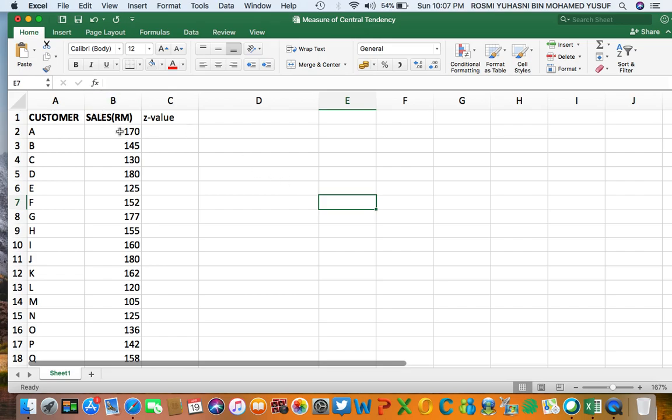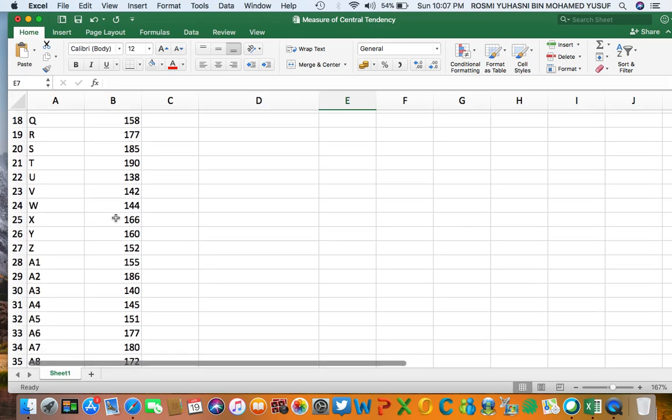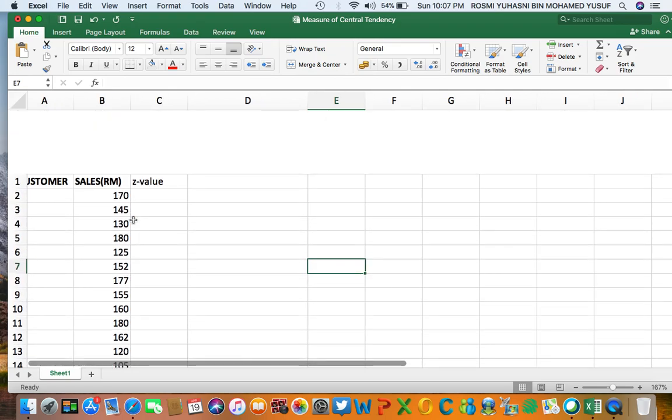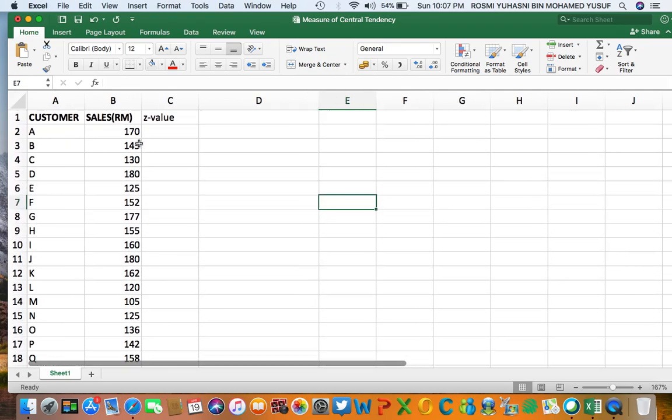So now we have observations here, like customer A, we observe a sale of 170, B, a sale of 145, down up to customer A8 with a sale of 172. We want to see how far this value is from the mean. If the Z value is negative, for example, negative 2, what does it mean? It means that